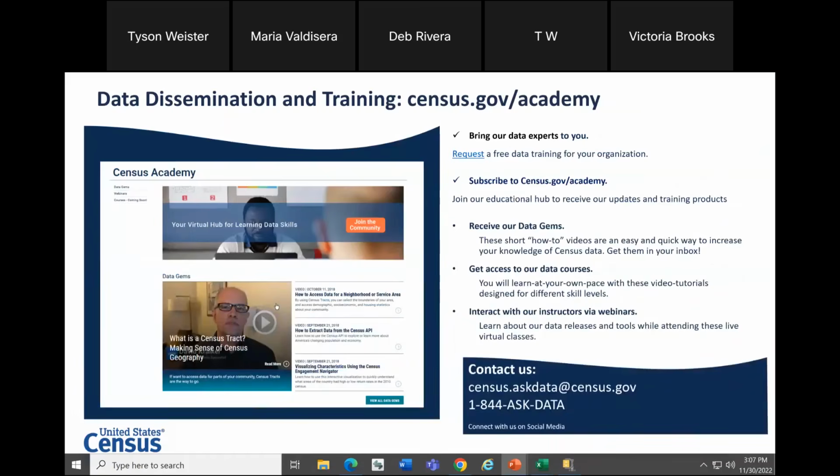And in addition to that, we wanted to showcase census.gov/academy. It's the centralized training hub for the Census Bureau. So if you have interest in learning about any topic or tool, not just data.census.gov, we would encourage you to visit census.gov Academy to learn more. These folks also host the training that you've attended today. And if you'd like to request a local training, you can email the contact information at the bottom,